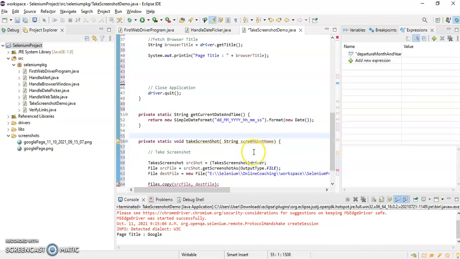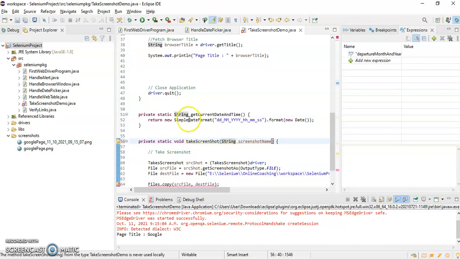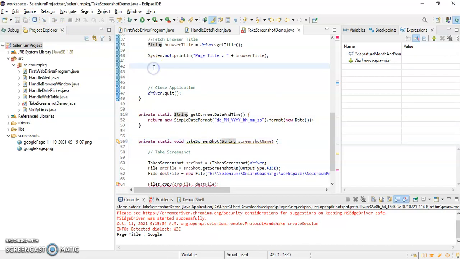Now whenever I have to take a screenshot, all I have to do is call this particular method. So I'll write takeScreenshot of Google homepage.